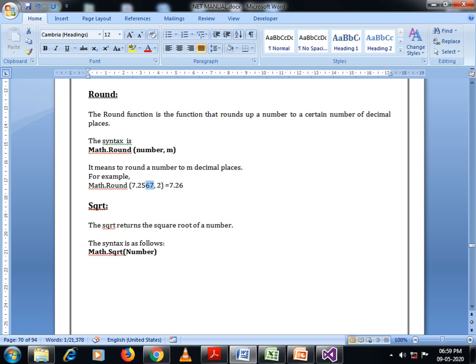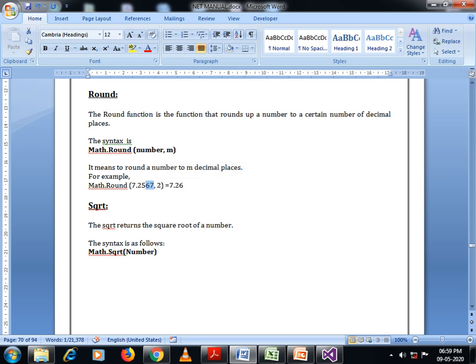After 25 we have 67, which is greater than or equal to 5. So if the number after is greater than or equal to 5, then it will be rounded up to 6. That is why it returns 7.26 instead of 7.25.